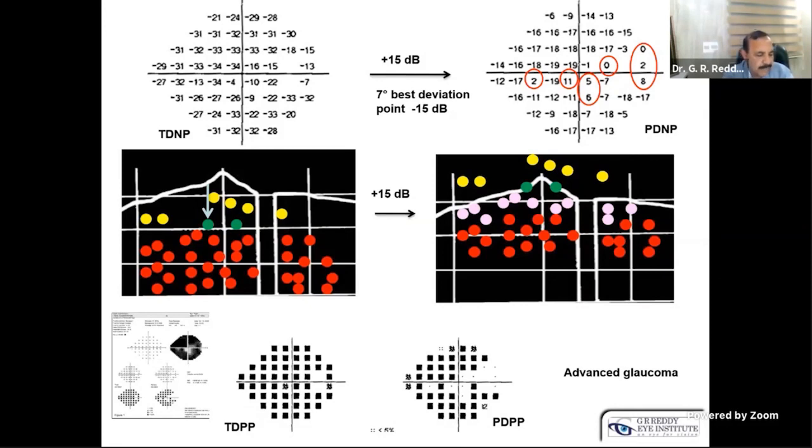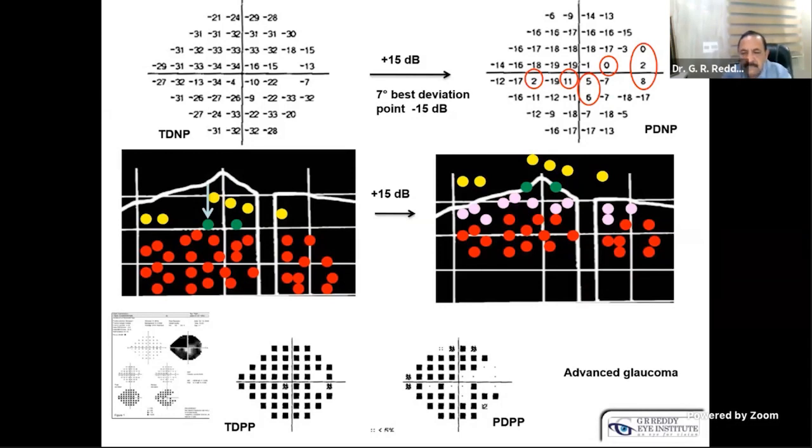So with the disease starting very far away and the central 30 degrees field being normal, you should not be over enthusiastic to diagnose glaucoma starting somewhere in the periphery, a few fibers. Yes, but you should have the knowledge. Yes, sir. Thank you, sir.